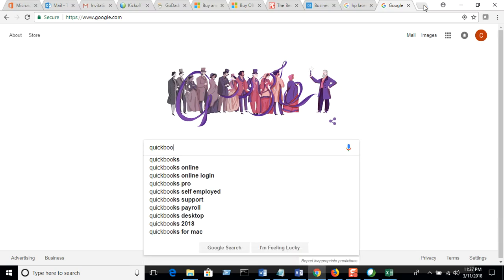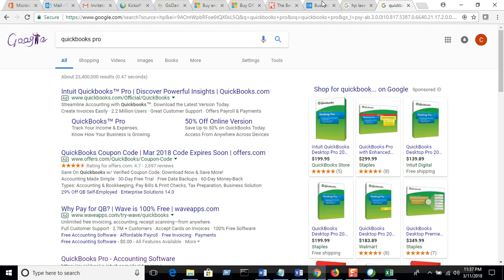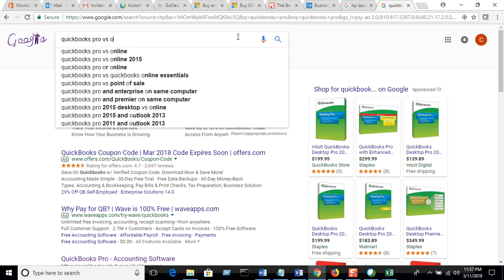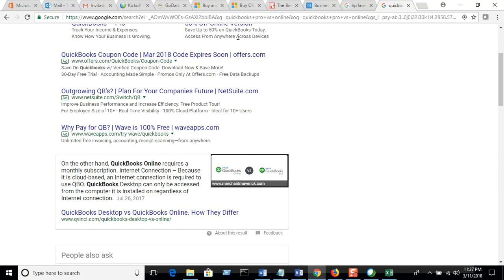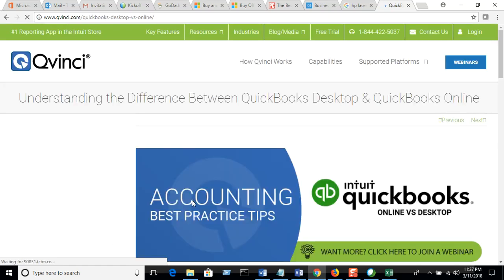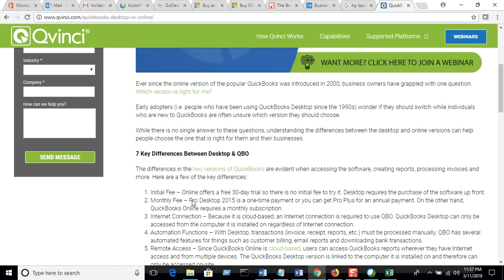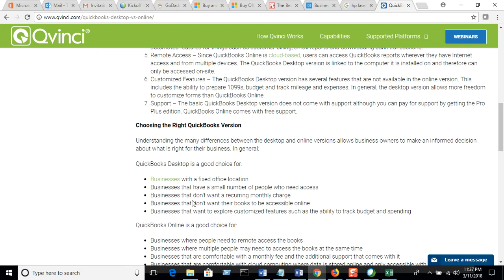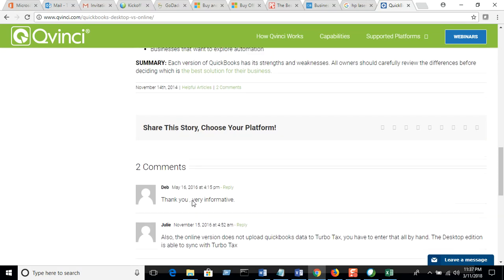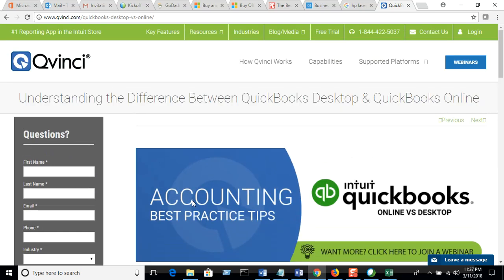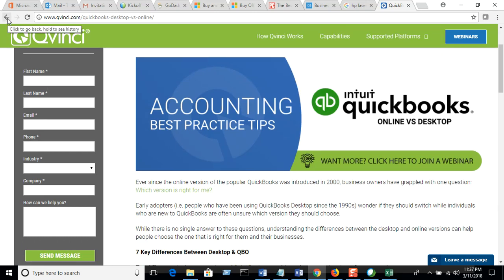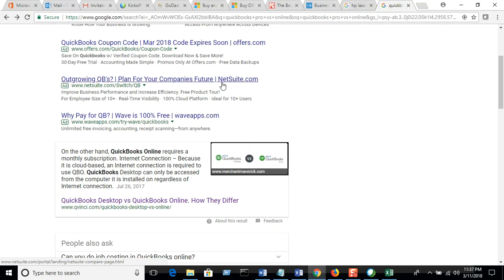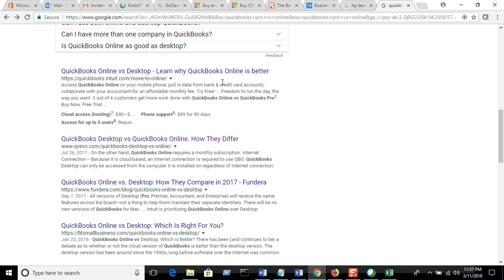So if you were to look up QuickBooks Pro versus QuickBooks Online, there's some interesting comparisons as far as features and also price points. I'm assuming you've already looked into this, so I guess what are your thoughts there? Yeah, I have looked at it, and honestly, the biggest reason why we are thinking of QuickBooks Pro is because